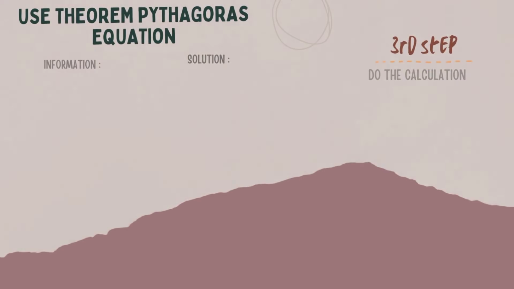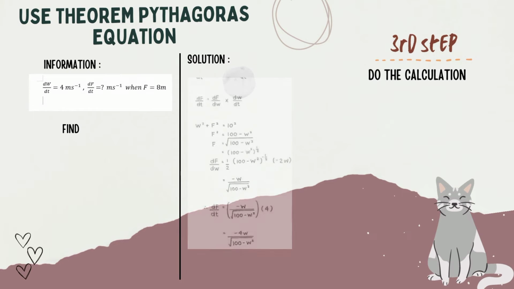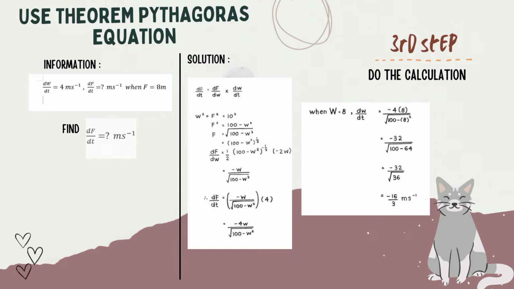The third step is we have to do the calculation with the information that we get from the equation and the diagram earlier. In the solution, W is wall and F is floor. This question asks to find the rate of the lower end of the ladder, which is dF/dt. In order to solve this, we can use the Pythagorean theorem, where W squared plus F squared equals 10 squared. Then, the equation that we will get is F = (100 - W squared) to the power of 1/2. We have to differentiate it using the chain rule and we will get